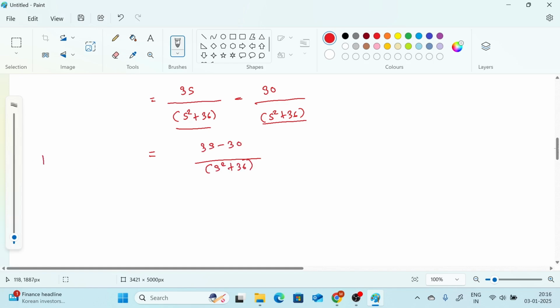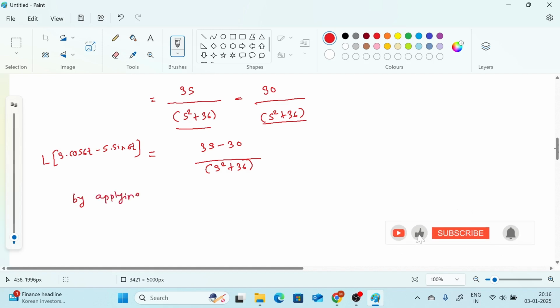This is the value of Laplace of 3 cos 6t minus 5 sine 6t. Now we have to apply